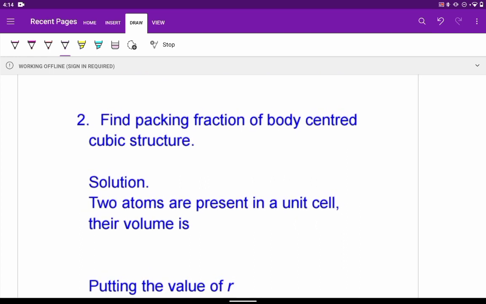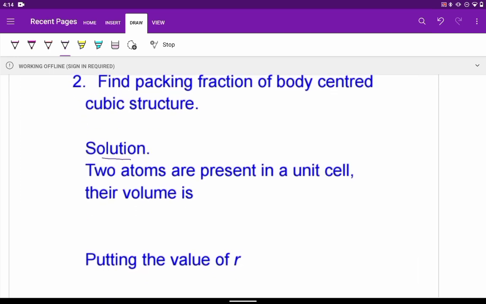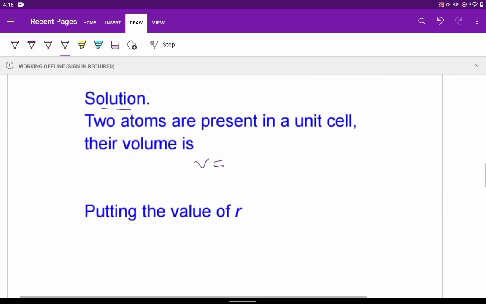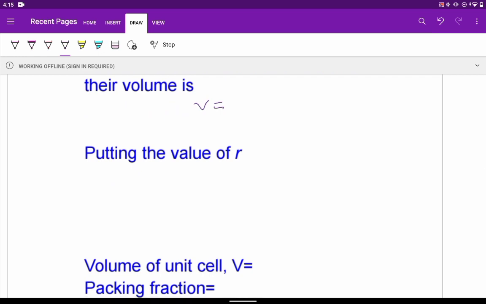Find the packing fraction of body-centered cubic structure. For a body-centered cubic structure, you have to find out the packing fraction. How to do? See. Now, in body-centered cubic structure, 2 atoms are present in the unit cell. So, what will be their total volume? V will be equal to, because there are 2, so 2 into,